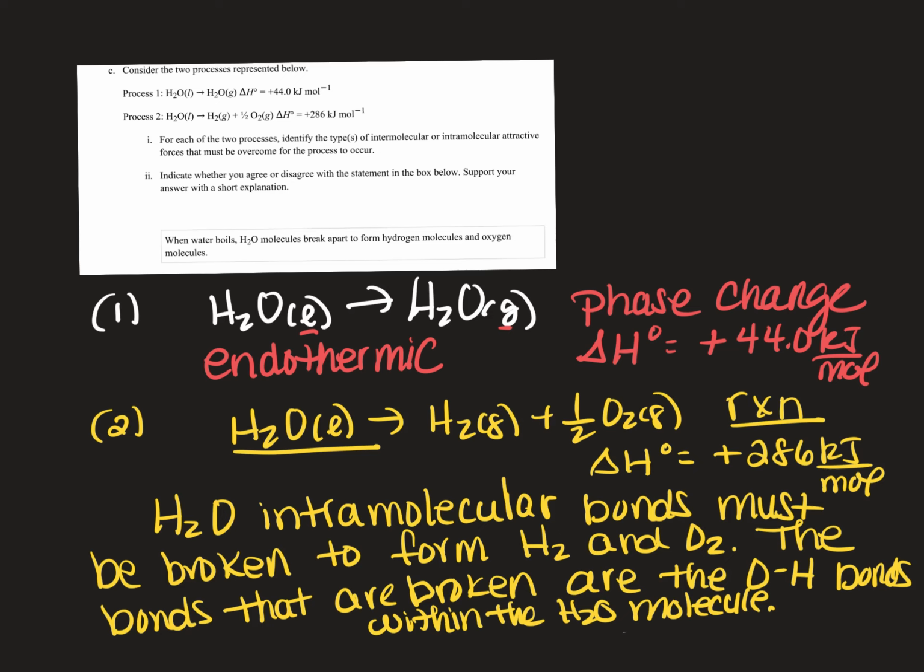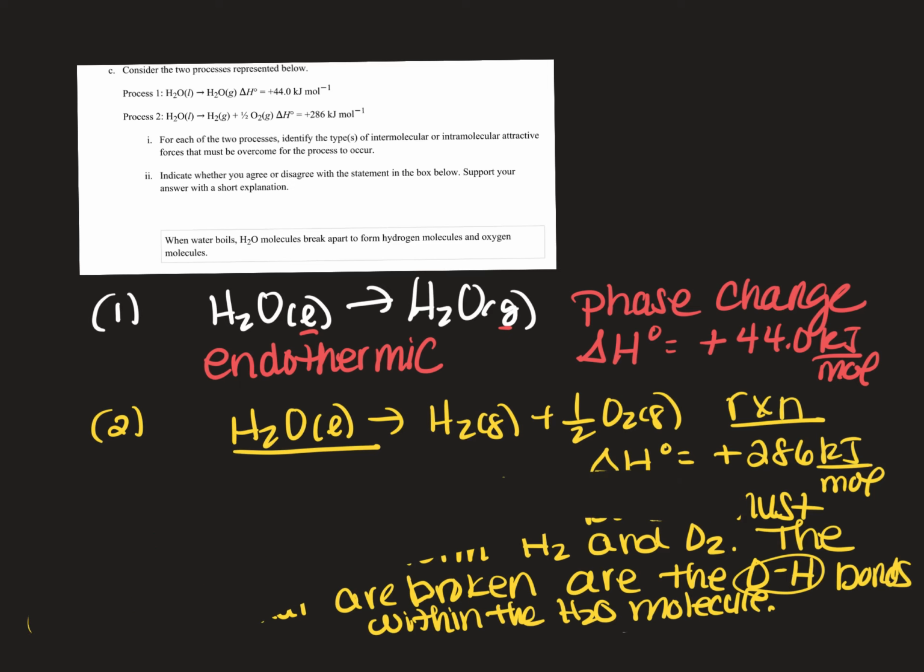So here we're looking at the covalent bonds that exist between the oxygen and the hydrogen. I didn't say covalent, I should have said covalent. But I actually still would have gotten the point just because I labeled it as OH here, which would be assumed to be covalent bonds. Okay, and then the next question